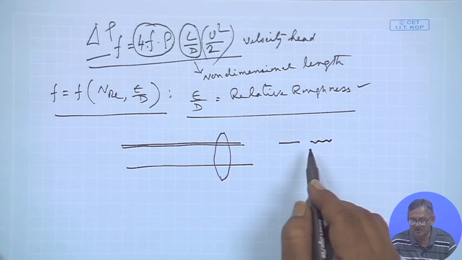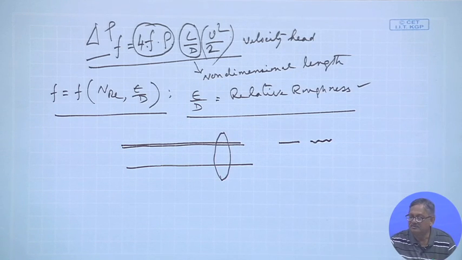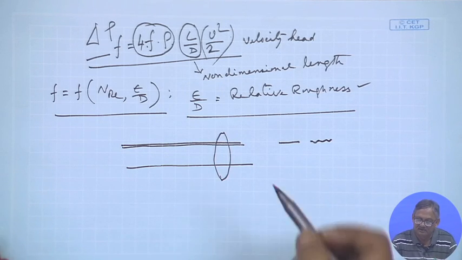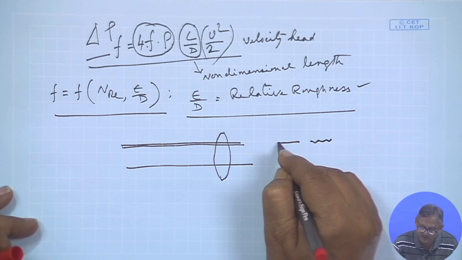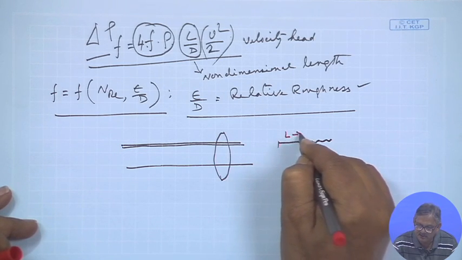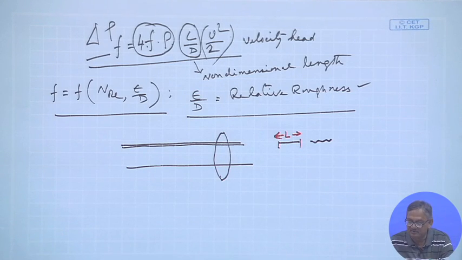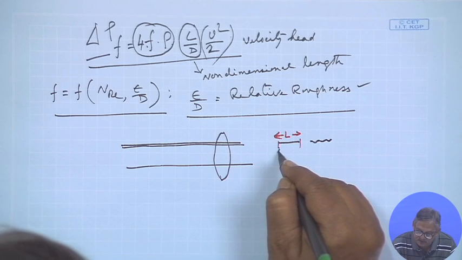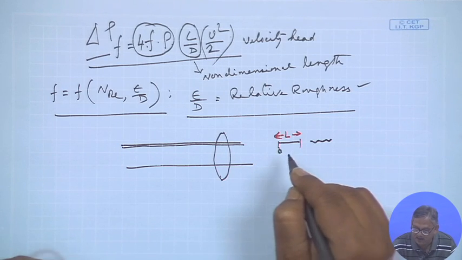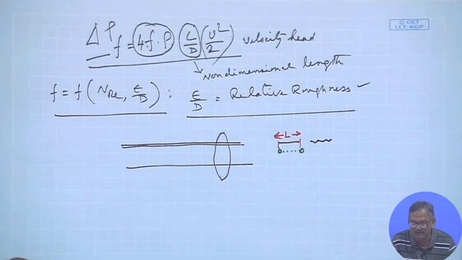So, it is no longer straight, right. Now, say a liquid droplet, which was travelling this distance L. So, if this is the droplet, it had travelled all along this length L,